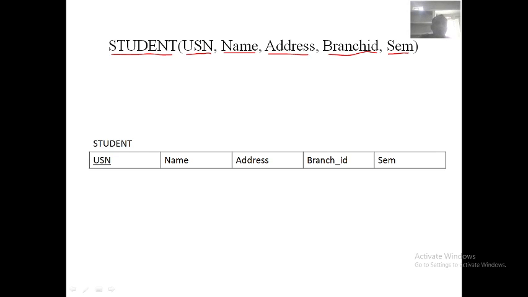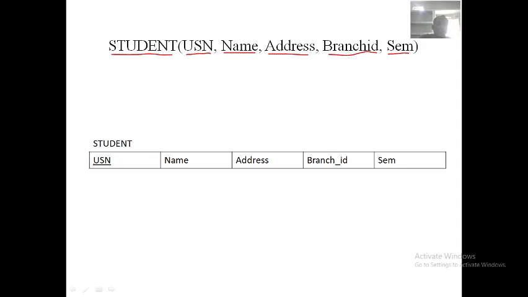Got it? Now, which is the primary key here? USN, sir. Why is USN a primary key, Lina? It is unique, sir. It is unique, and it should not be null. Null means it should not be empty. Hence, primary key.